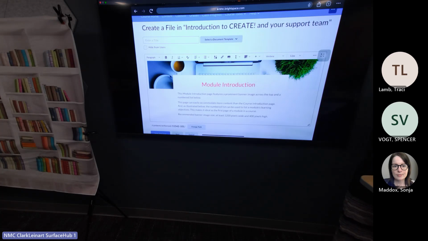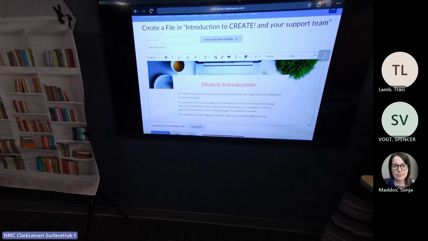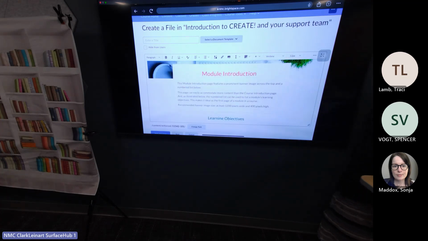Okay, so then you can change here, so you can put whatever you want for your module. I would say, if you're doing weekly modules, it would be week 1, and if you have a date, or sometimes people will say week 1 and then whatever the main topic is, like liver.